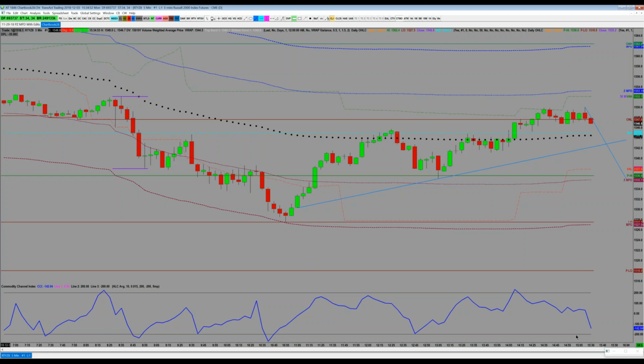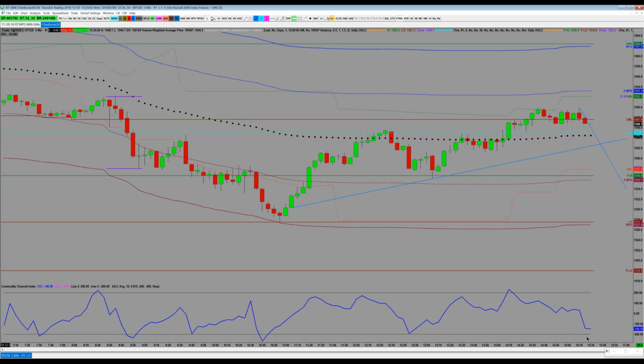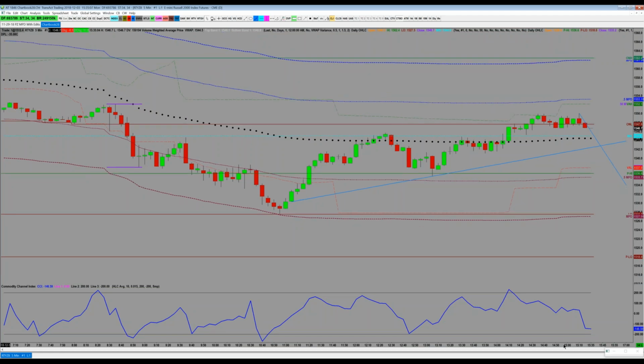And if they do get tagged, they usually don't sustain for very long. So that's the reason, the method behind having the CCI look the way it does. Okay, very simple, just the CCI with a 200 and a negative 200 level down here. Then what you're going to see are a series of lines.